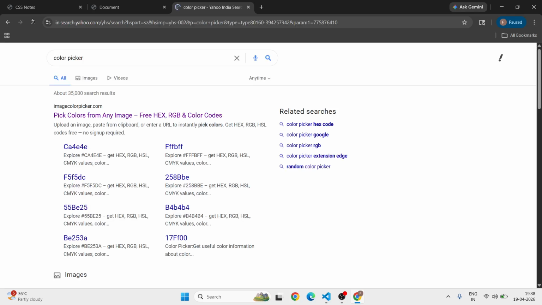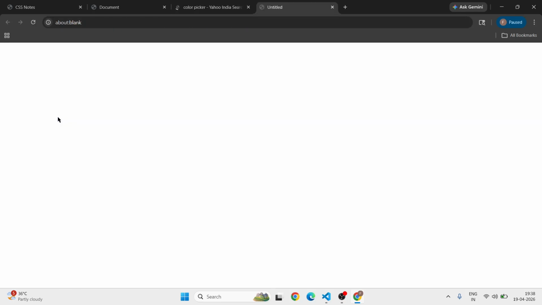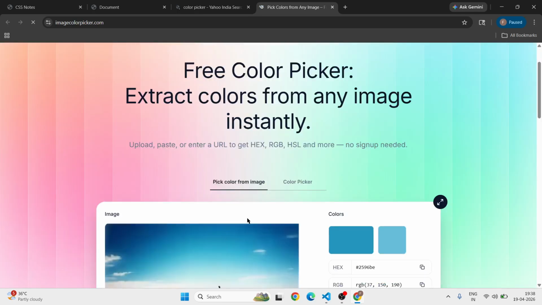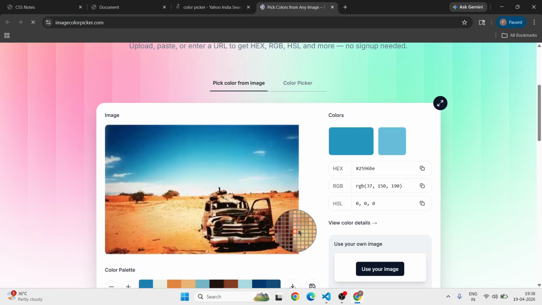I'm clicking on a color picker website. Now see, I will select any color. The website will automatically show hex, RGB, HSL values. I will just copy the code,